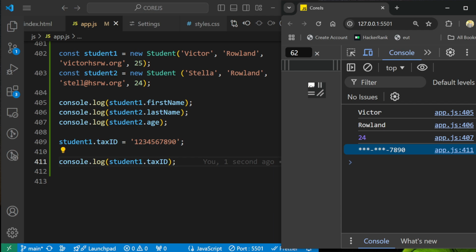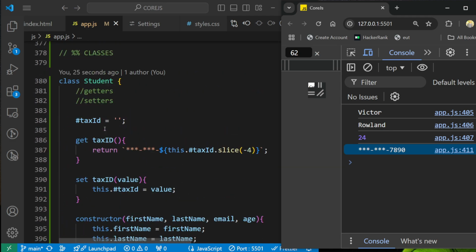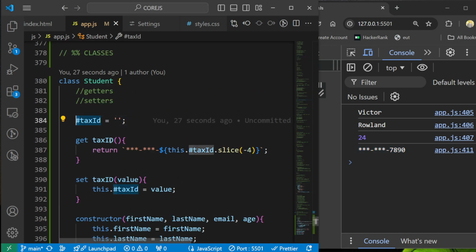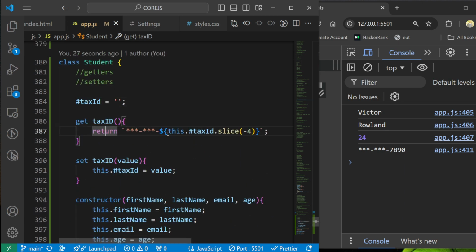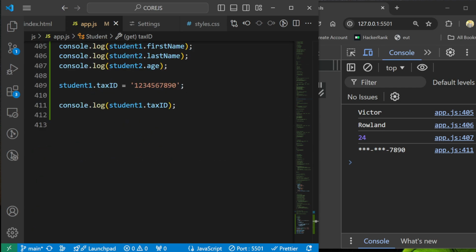So basically this is just encapsulation in object-oriented programming, and JavaScript helps you to do that with the private field, setting and getting and then making it a private field. And we use string interpolation to retrieve only the last 4 digits. So this is very useful when you want to protect sensitive information or ensure that the value that you set follows certain rules. Okay, one more thing before I show you